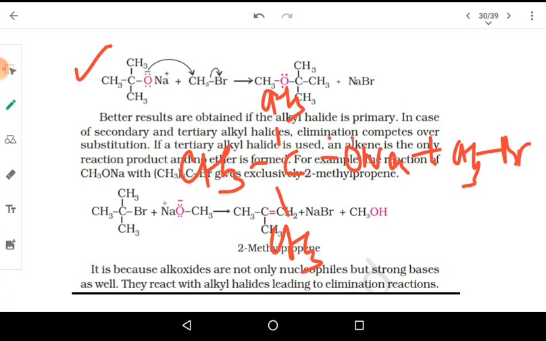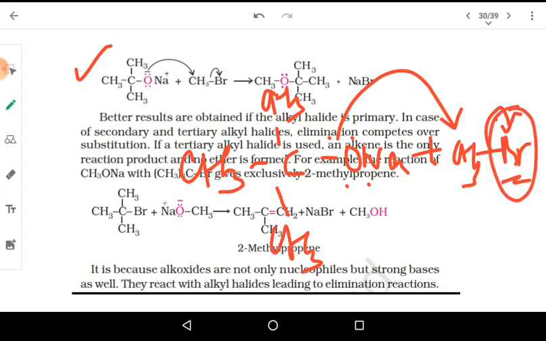So as we know, this oxygen is electronegative, so it will try to donate the electron to the methyl group, and as a result of which this bromine is going to pull the electrons from the methane, because now this bromine will say that you are getting enough from oxygen, so why do you need my electrons? So it is going to take up the electron, and this is going to move out as Br minus. Now what is going to happen?